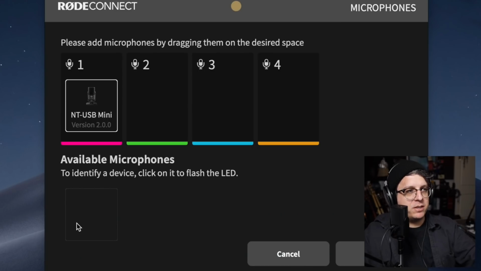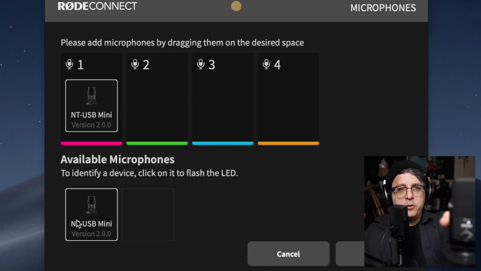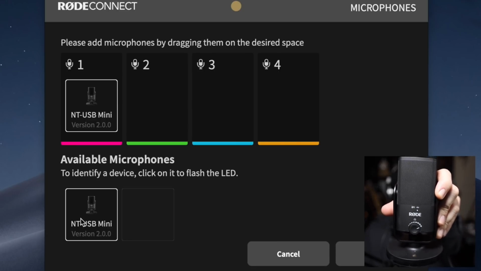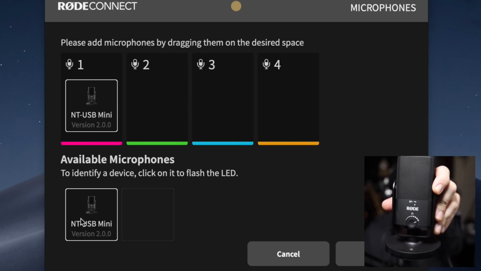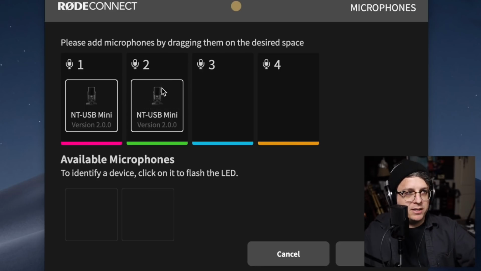When you first open up the software, you will be greeted by this page that shows you 4 slots to select your 4 microphones. Beneath that, it will identify all of your NT USB Minis that are attached. I have 2 of them connected right now. And in order to identify them, you can click on any of the microphones and it will make the lights on the front flash so you know which microphone you're selecting and you could place it appropriately on whichever channel